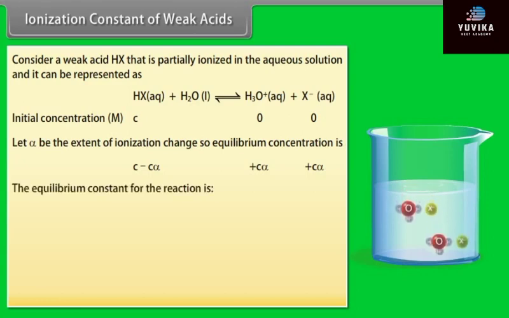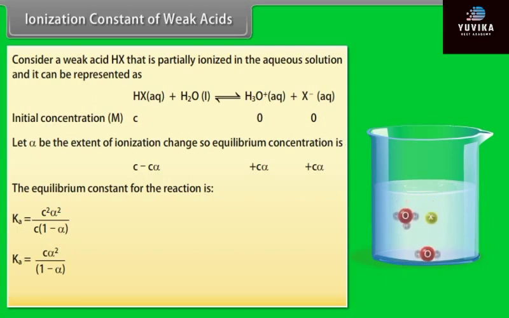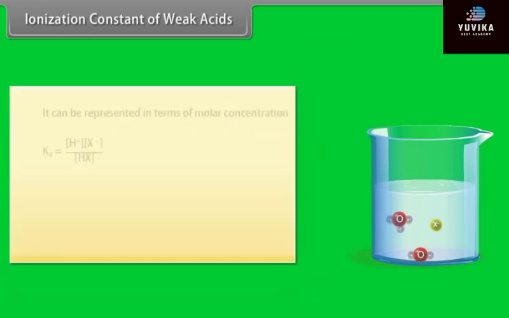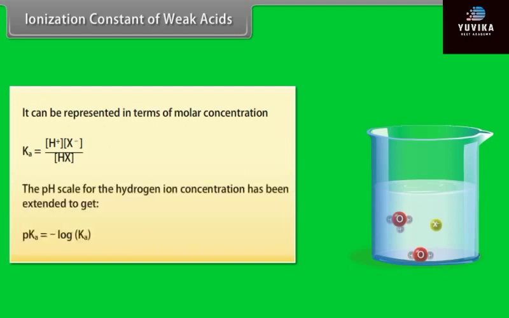The equilibrium constant for the reaction is Ka equal to C square alpha square by C into 1 minus alpha. Ka is equal to C alpha square by 1 minus alpha. Ka is called the dissociation or ionization constant of acid HX. It can be represented in terms of molar concentration. The pH scale for the hydrogen ion concentration has been extended to get